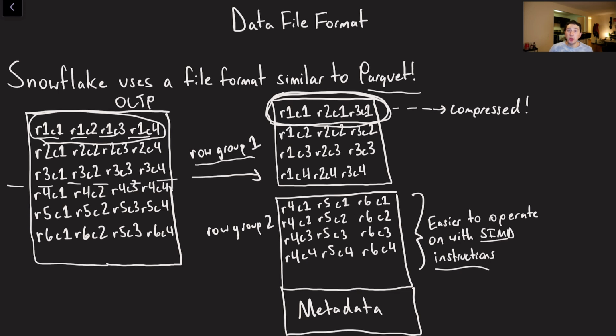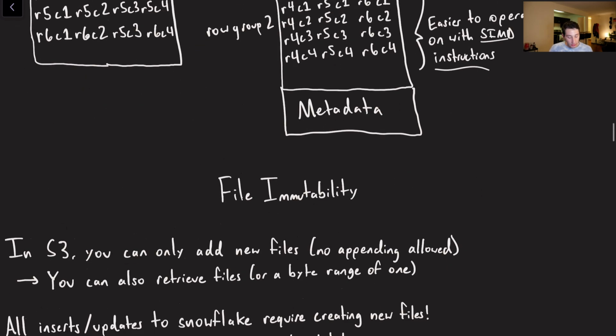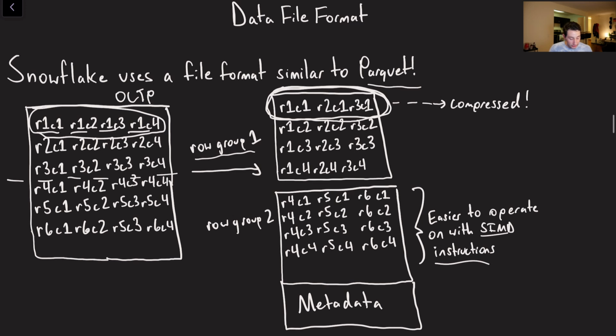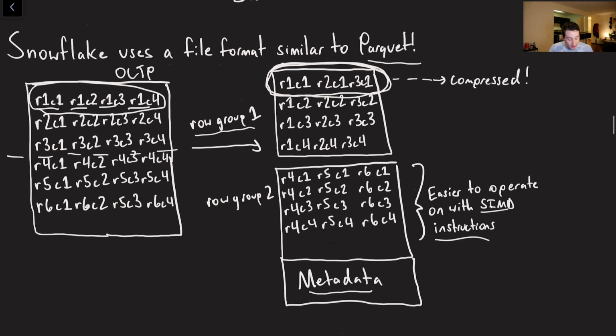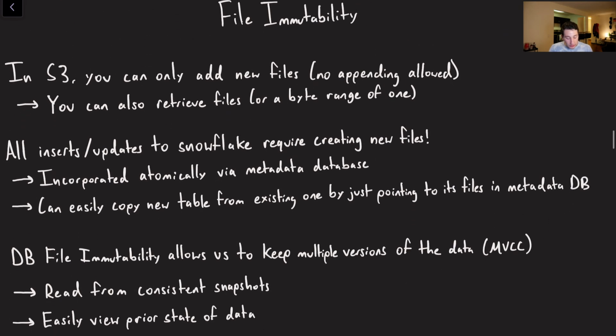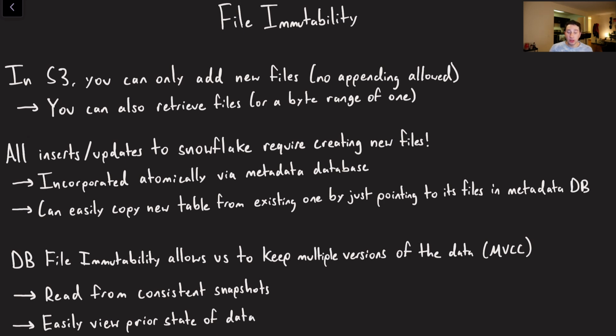And so these are things that you really have to start taking advantage of when you're trying to build a super fast analytical warehouse. Oh, and then finally, before I gloss over it, each file has a bunch of metadata, which is located in the header of that file. That metadata is useful for something known as projection pushdown. Well, not for the projection pushdown, more so for the predicate pushdown, which we're going to touch upon in a second.